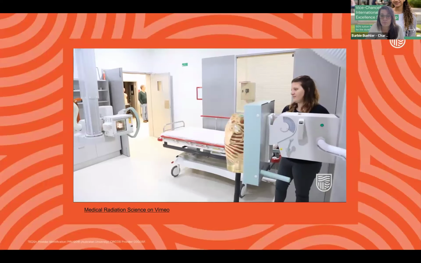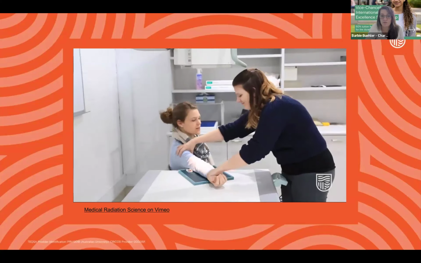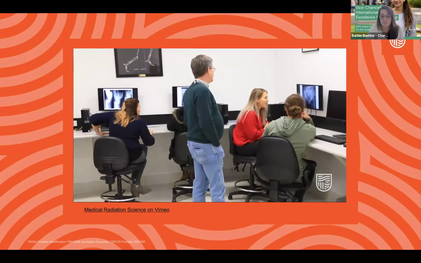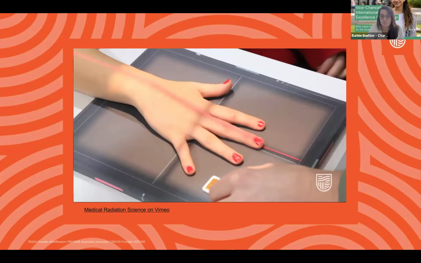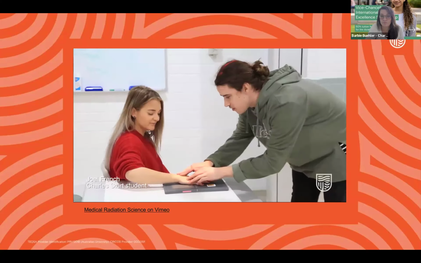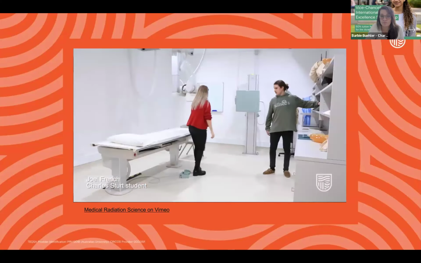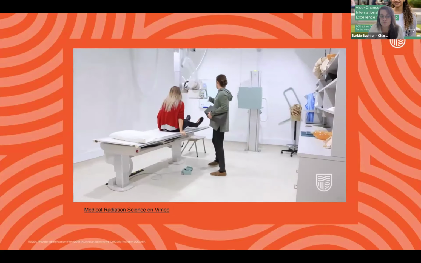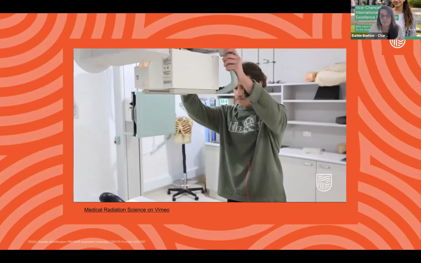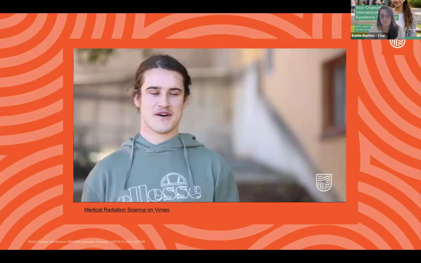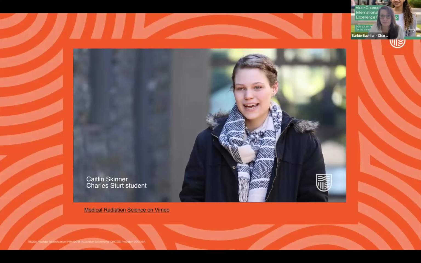So I got to go to a nuke med placement and interact with patients coming from nuclear medicine examinations as well as radiography examinations. What I like about the teaching staff in my discipline is that they're very hands-on and that they care about our learning. So during first year, you first get exposure within the prac rooms doing some very simple x-ray procedures. By second year, you're doing some more advanced techniques and you get the chance to practice before you go on placement, which is very beneficial for your confidence. The amount of placement that we get to do is really beneficial.